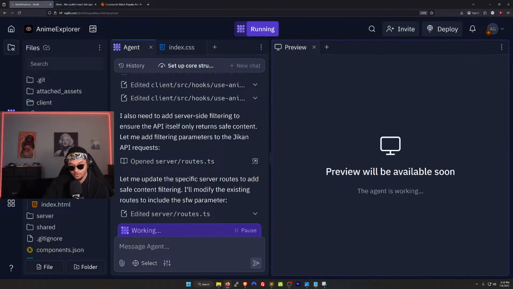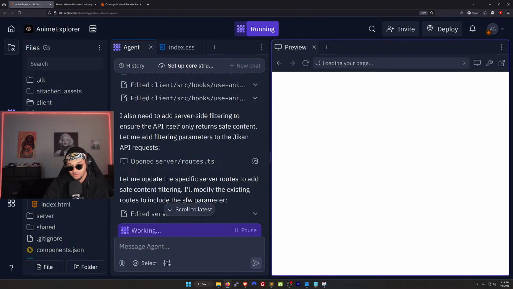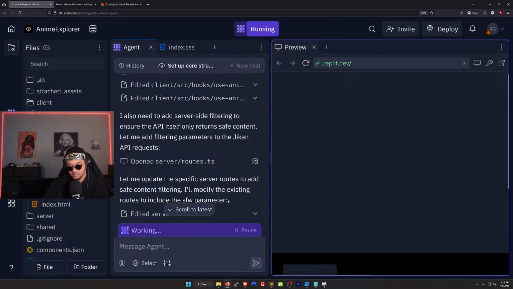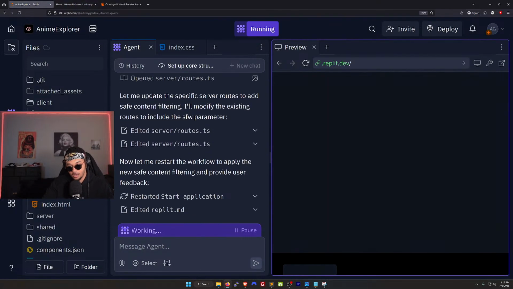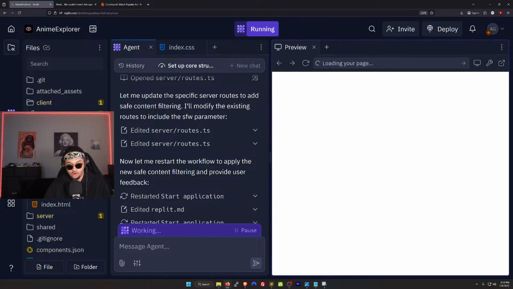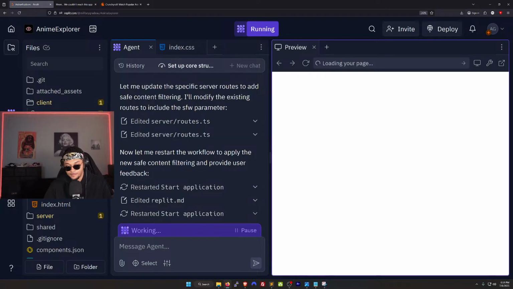Updating the specific server routes to add safe content filtering. Okay, nice. So this is a good situation. Got to remember, always add suitable for watching filters in there from the very beginning. Ran into the same problem with the movie app too. The romance section was giving us a lot more romance than we needed. So yeah,